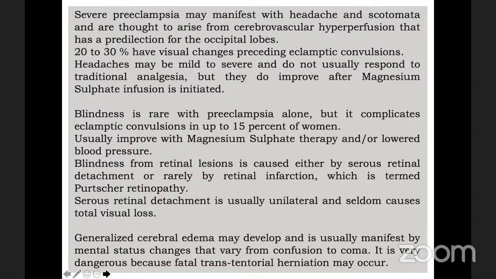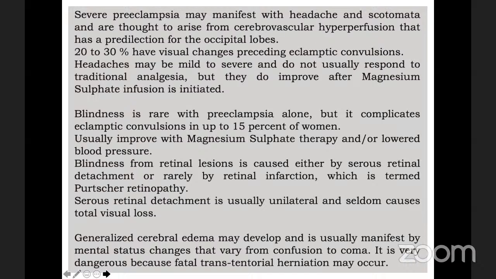Severe preeclampsia may manifest with headache and scotomata, thought to arise from cerebrovascular hyperperfusion that has a predilection for the occipital lobes. Twenty to 30% have visual changes preceding preeclamptic convulsions. Headaches may be mild to severe and do not usually respond to traditional analgesia, but they do improve after magnesium sulfate infusion is initiated. Blindness is rare with preeclampsia alone, but it complicates